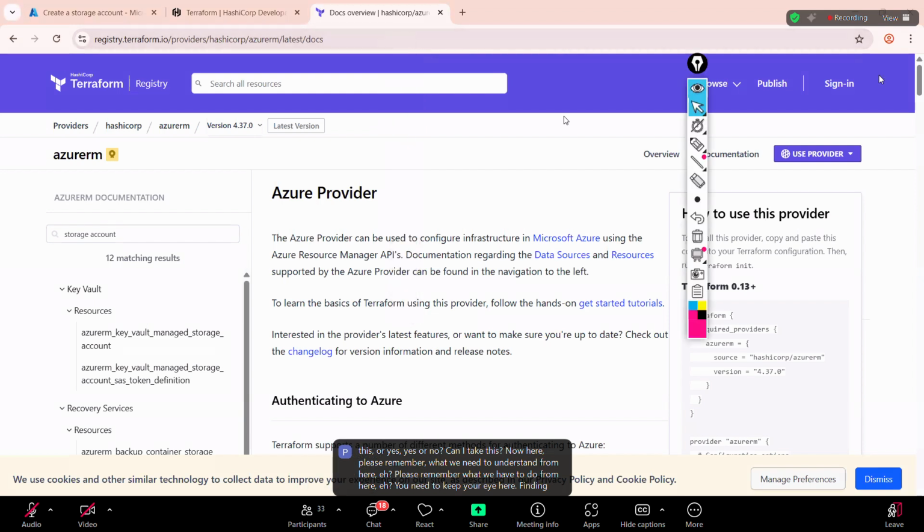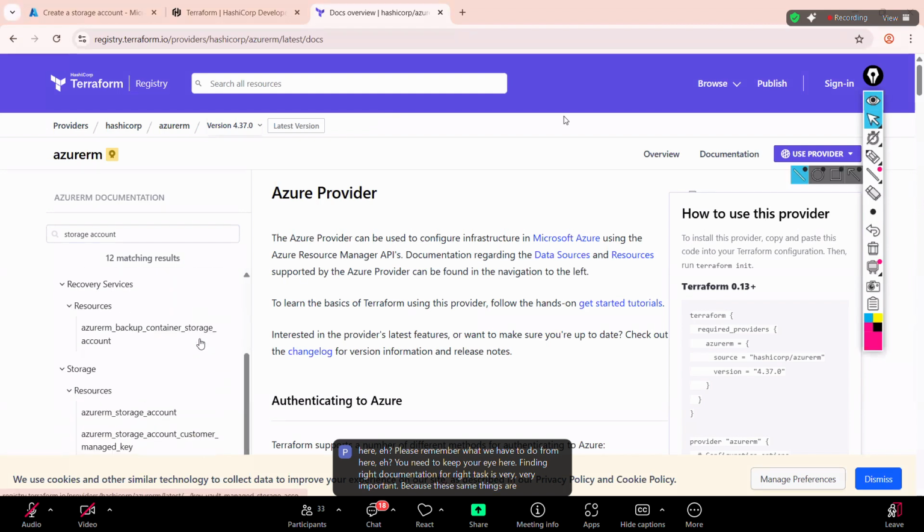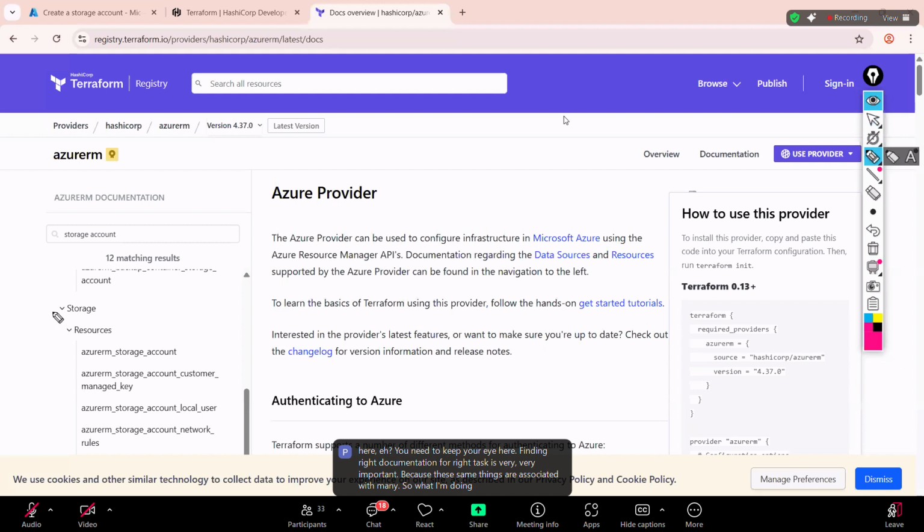Finding the right documentation for the right task is very, very important because these same things are associated with many services. So first block, see here: you have to see under which service it falls, whether it falls under compute, containers, storage, or database. That service you have to see. Then you have to see the resources, the major resources you are willing to create. Then only you need to click there. Then only you need to copy the documentation or add the documentation from there. What I'm doing here, I'm going to